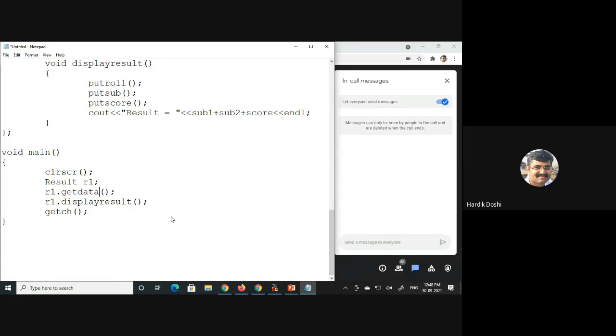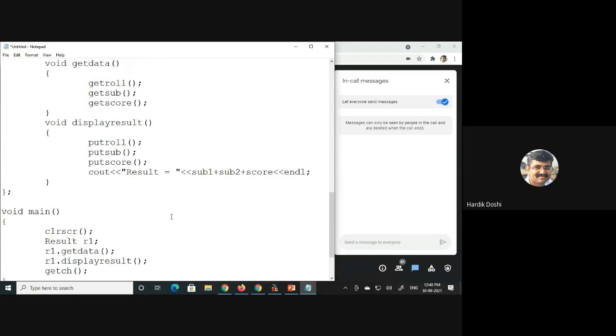Fine. Sometimes you can take entry point as constructor also. In constructor, you call these functions, like what I did in get data. This get data function, I made it. Instead of that, I can make a constructor of this class, wherein I'll write this. So I need not separately call them also. Constructor will automatically call these functions. That is another way, and industry uses that way.